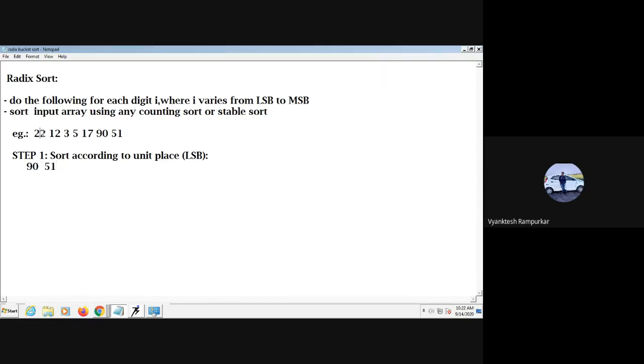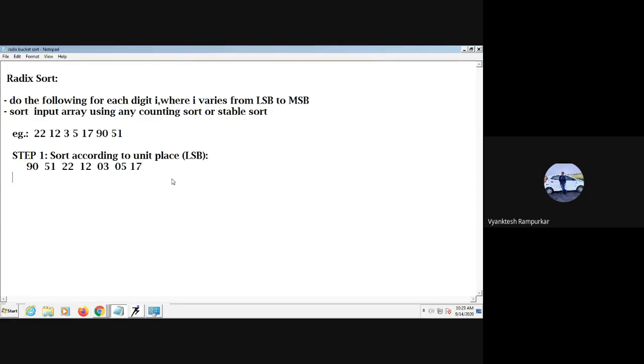Next 2: there are two numbers having LSB 2, so 22 comes first, then 12. Then 3, I write it as 03. Then 4, there is no number with LSB 4. Then 5, I write it as 05. Then 6, no. Next is 17.